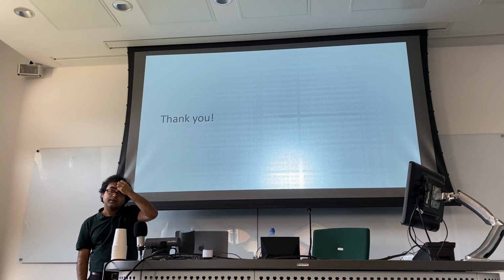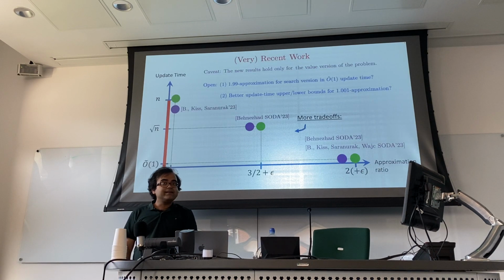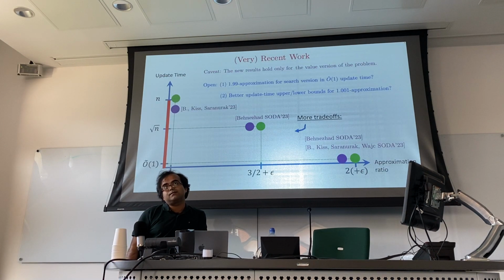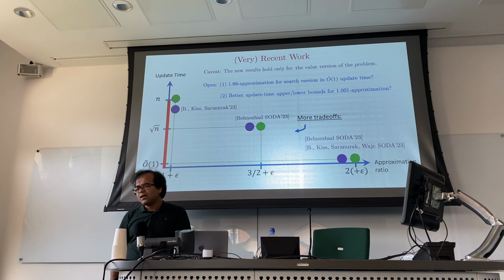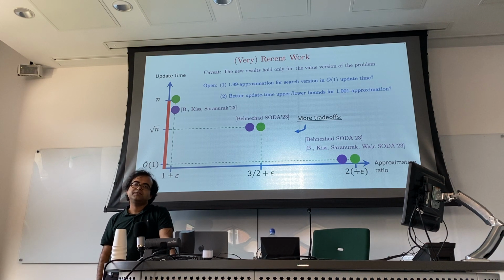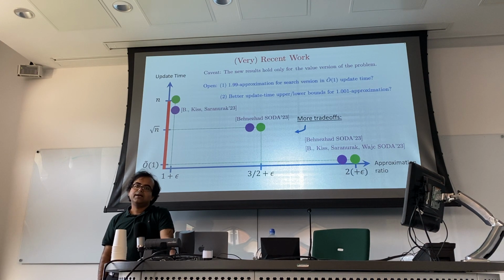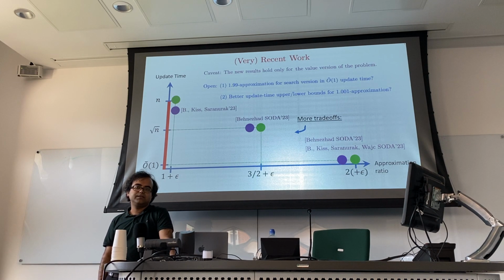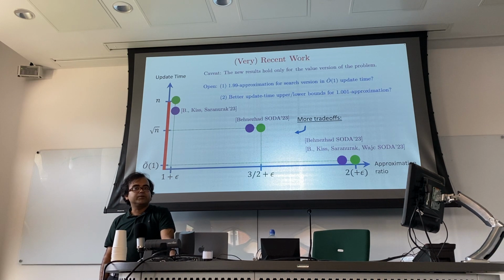So with weights, it's much harder. Okay, so there is actually a generic reduction by Arden, Bernstein and others, which shows that if you have, let's say, an F update time algorithm for the unweighted matching problem, you can make it work for dynamic weighted matching, but you get a 1 plus epsilon factor blow up in approximation ratio and an exponential or maybe doubly exponential in 1 over epsilon blow up in the update time.